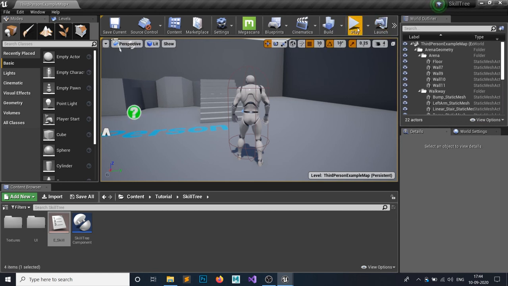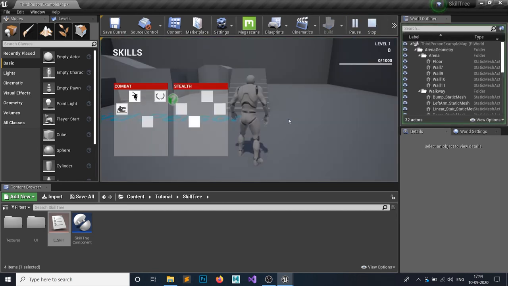Okay, and in the next episode we're gonna learn unlocking the parent and child skills. So let's say I want to unlock this skill, but this skill will only be available to you if you must unlock this skill first. So if I unlock this skill, this skill would be available to you, but in order to unlock this skill first you have to learn these skills. So we're gonna make this in our future videos.